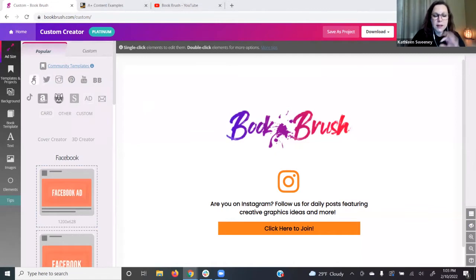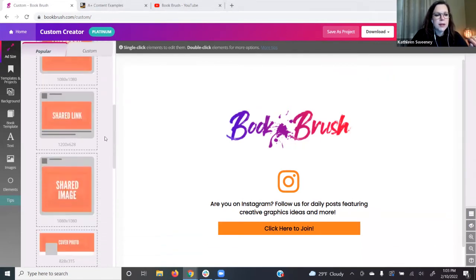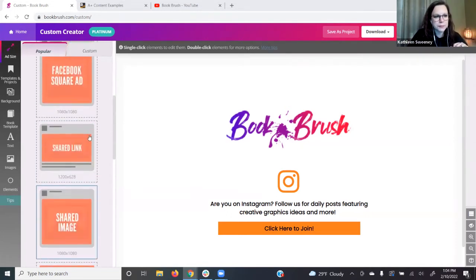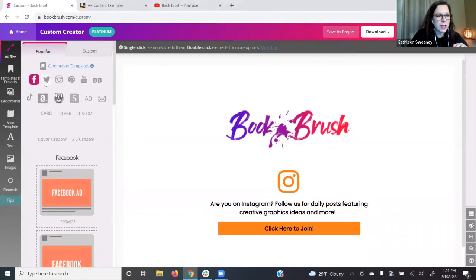and you'll see we have a lot of different social media icons. So there's Facebook, for example. And when you scroll down, there are a lot of different sizes and images and things all associated with Facebook, with the dimensions and pixels underneath. So you don't have to go out there and Google what size you'll need. Other things are in here like Twitter,